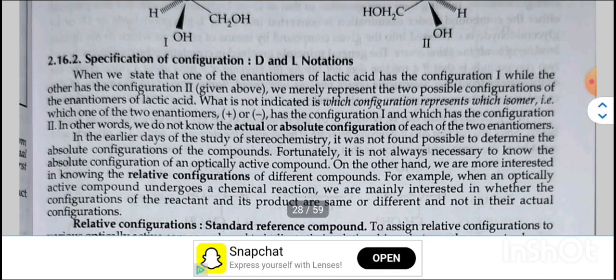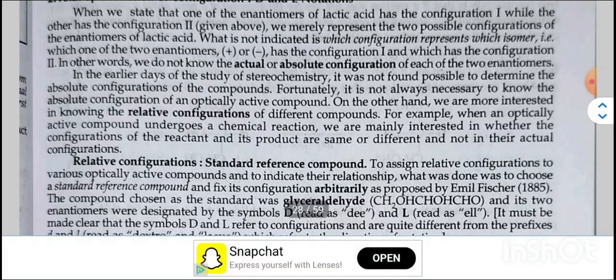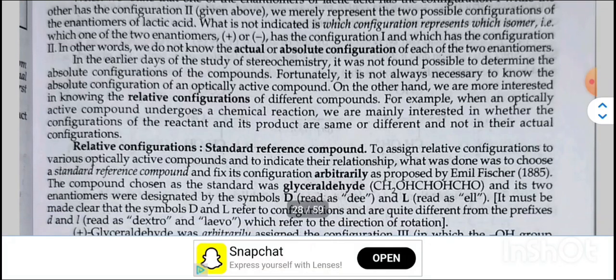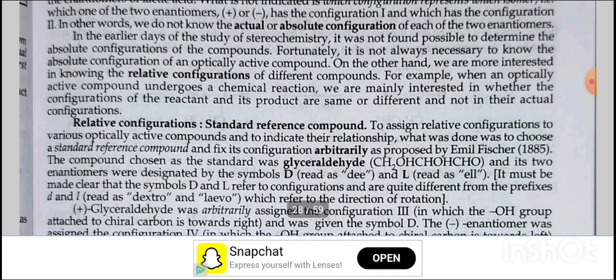What is not indicated is which configuration represents which isomer, that is, which one of the two isomers, positive or negative, has configuration 1 and which has configuration 2. In other words, we do not know the actual or absolute configuration of each of the two enantiomers. In the earlier days of the study of stereochemistry, it was not found possible to determine the absolute